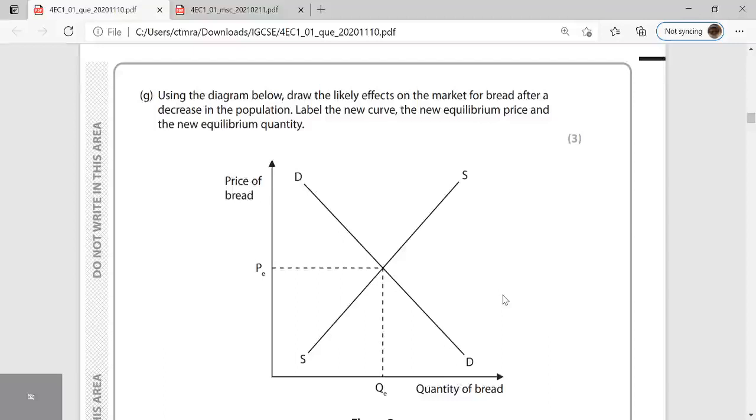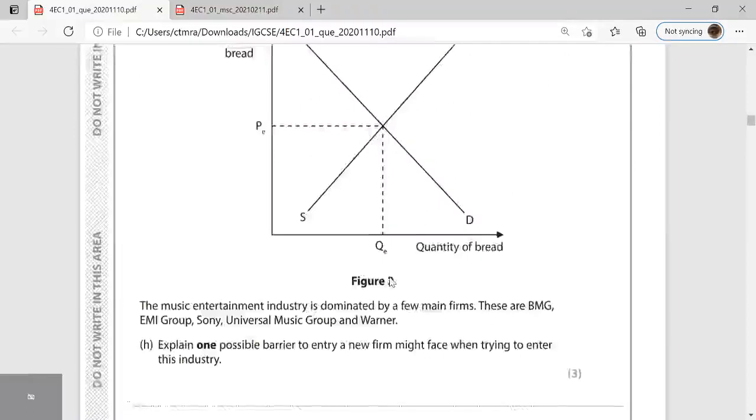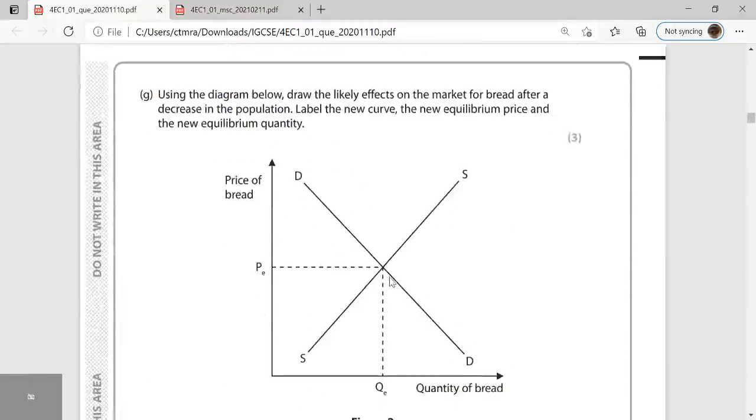Okay, so see that there's a normal demand and supply curve here, so the intersection point is the equilibrium price, right? So you have to put the effect on it. Okay, so what happens? Say that decrease in the population. So population is a demand factor, right? So when the population decreases, what will happen? The demand will fall, right? So there will be a leftward shift in the demand curve, and the new intersection point will be somewhere over here. So with the old supply curve, the price will fall.